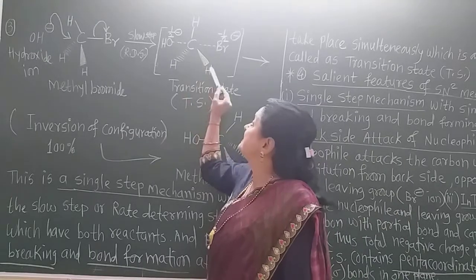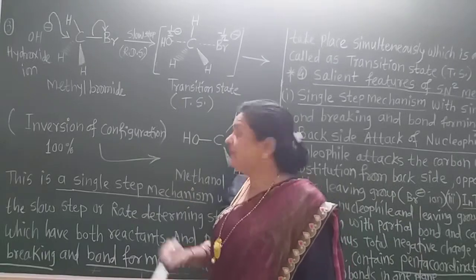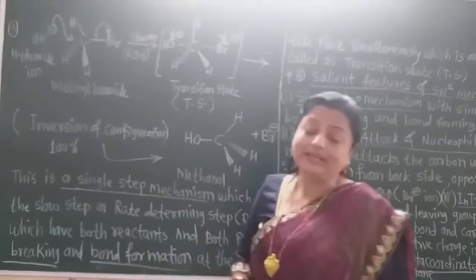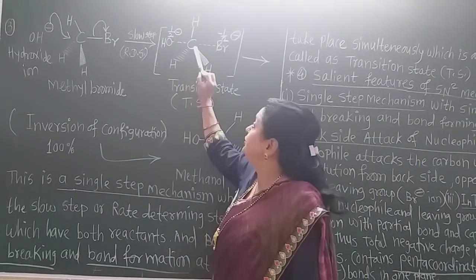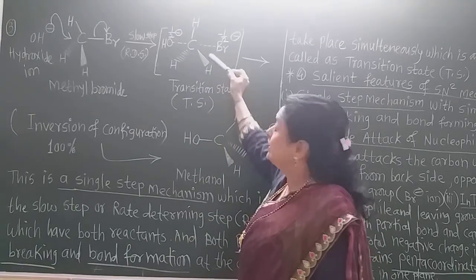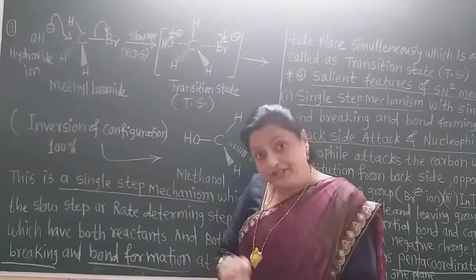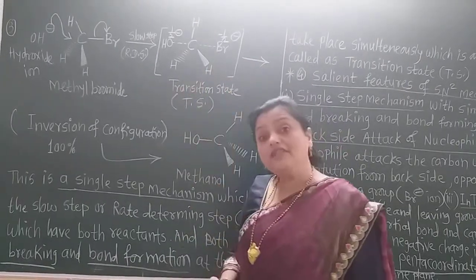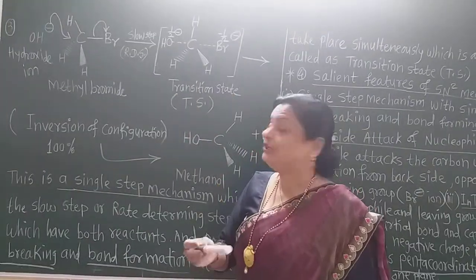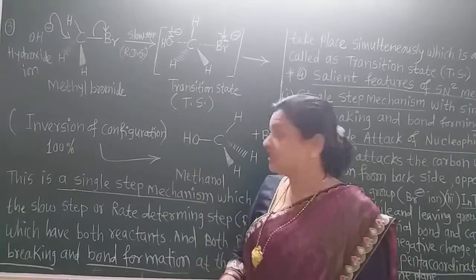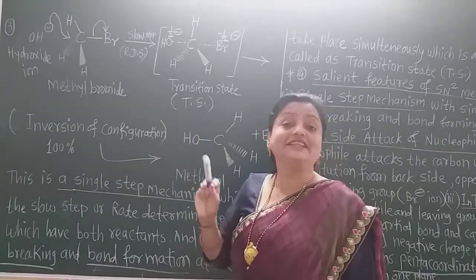The 3 bonds are the sigma bonds. Now these hydrogens are in the same plane, having a bond angle of 120 degrees between each other, and the attacking group attaches partially to this carbon and the leaving group also departs partially from that carbon. So the negative charge is diffused and both the attacking nucleophile and the departing nucleophile, that is the leaving group, acquire partial negative charge in the rate determining step, which is the slow step. And in the slow step only the rate gets determined.